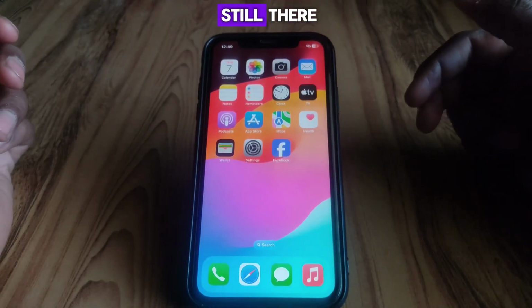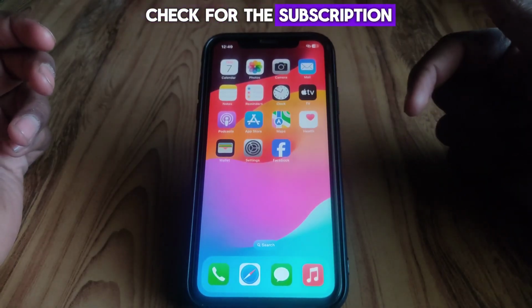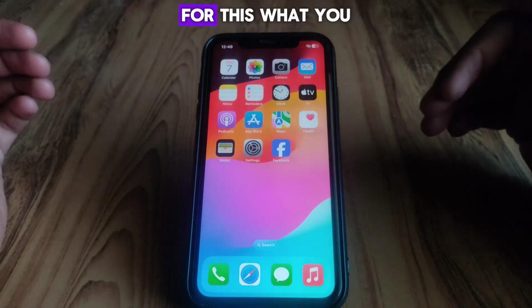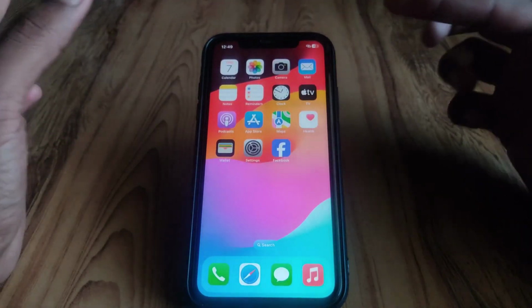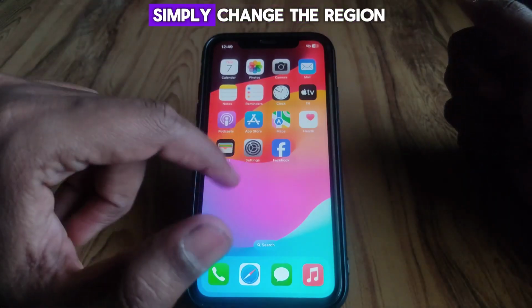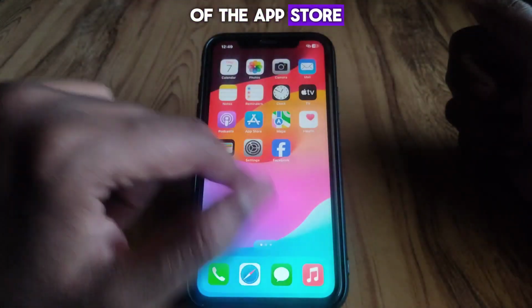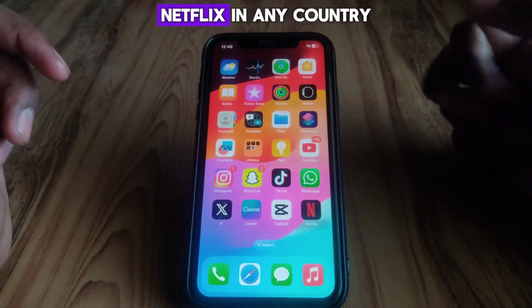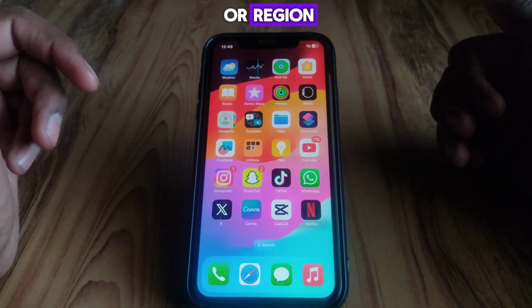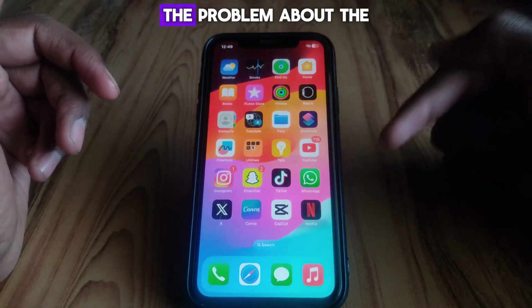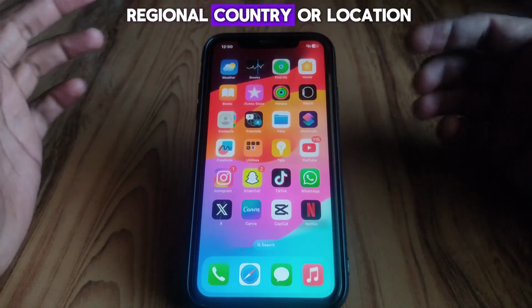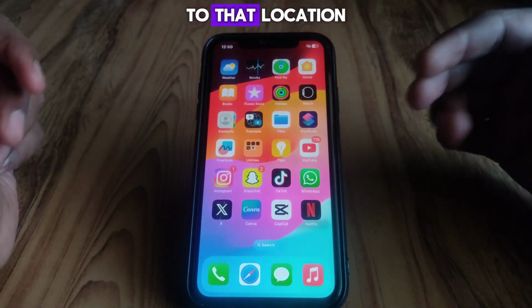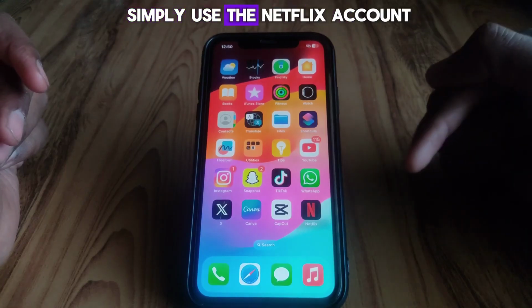If the problem is still there, then you can simply check your subscription, that is, which country your subscription is from. For this, you have to simply use a VPN, or you have to simply change the region of the App Store or your iPhone, so that you can simply enjoy your Netflix subscription in any country or region. So if there is a problem about the region or country or location, you have to simply change your IP address to that location,